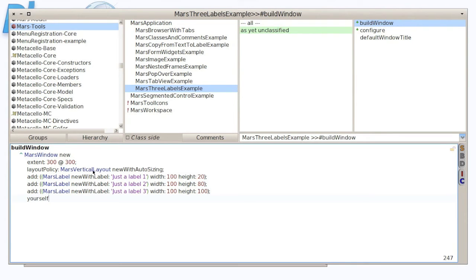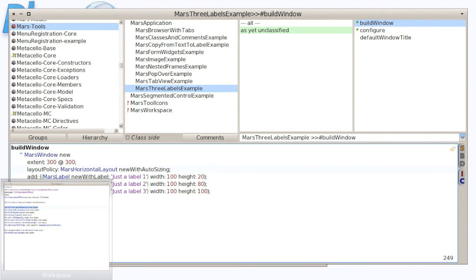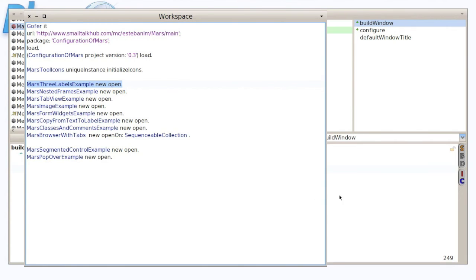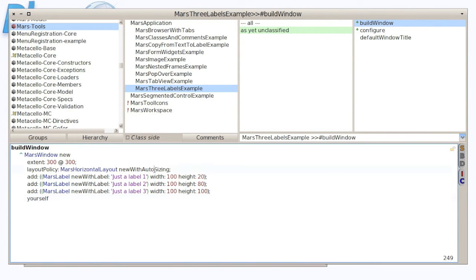So let's try what happens if I change it to a Mars horizontal layout. It still has the auto sizing. So I open it and I see that the labels have the same width and now are placed horizontally one next to the other. And if I change it back to the fixed sizing,